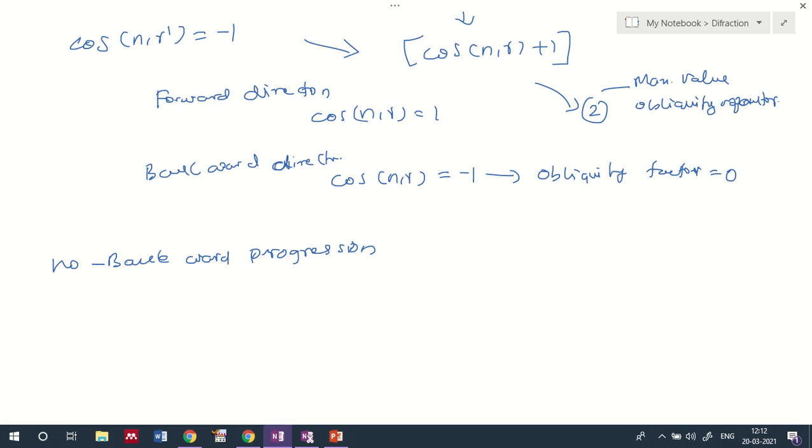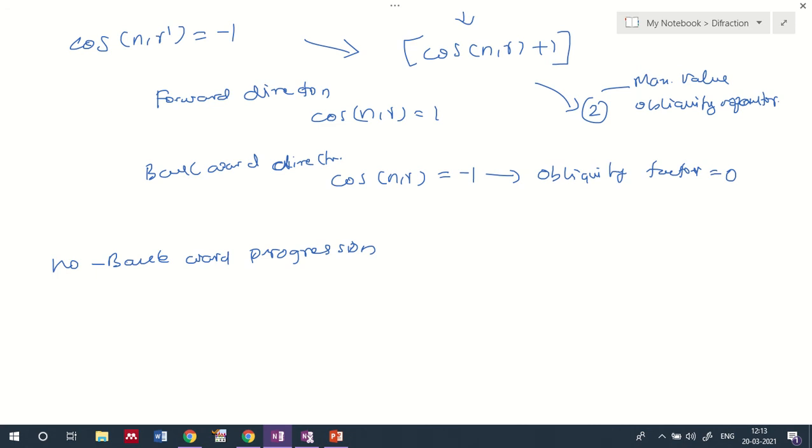The Huygens principle originally proposed this without including the obliquity factor, but he said that if a wave is incident, each point of the wavefront of the primary wave can act as a secondary wave source. We say that the obliquity factor becomes 0 when the wave is progressing in the backward direction, so no backward progression of wave will be allowed for an original wavefront.